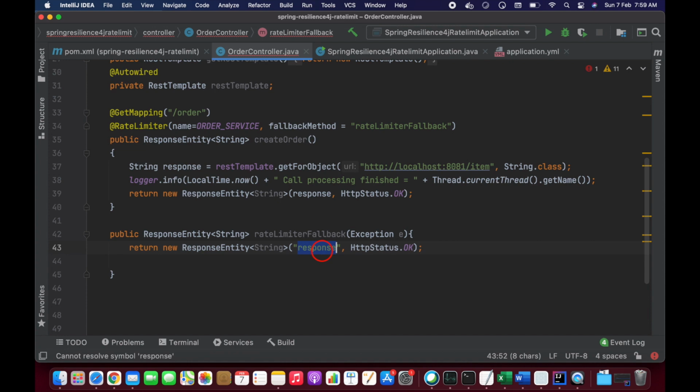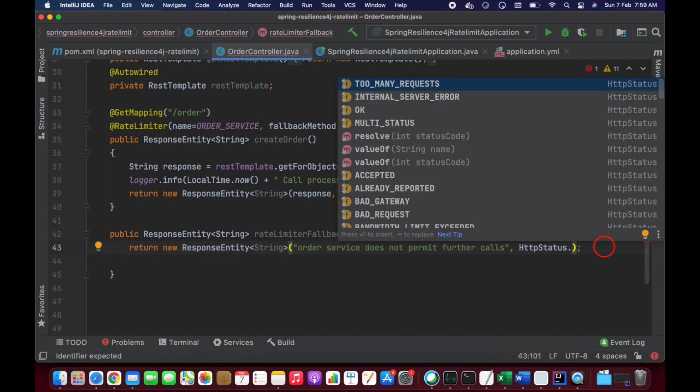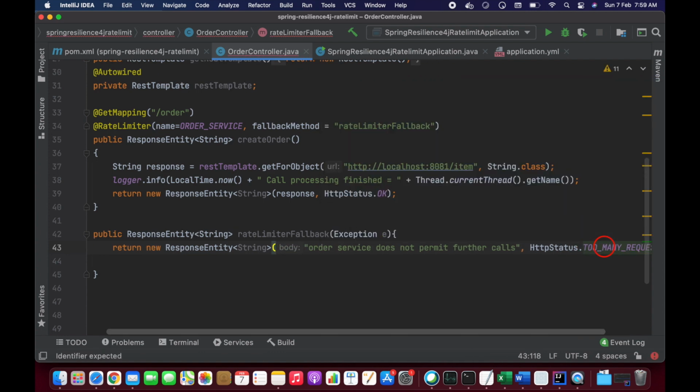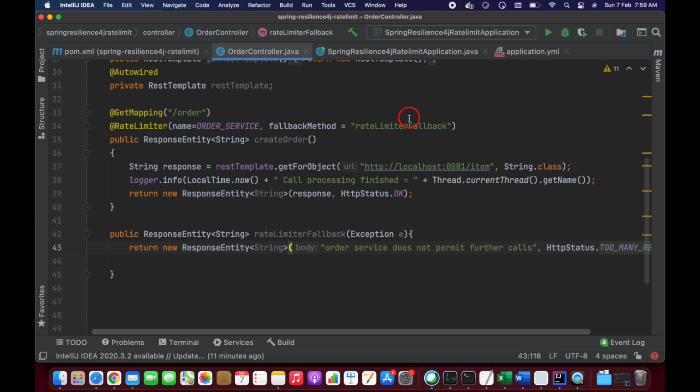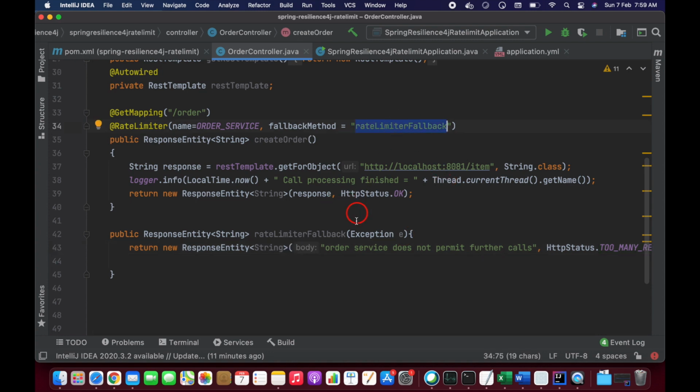So here I'm going to return "order service does not permit further calls." Okay, so here the HTTP status I'm going to take as TOO_MANY_REQUESTS. Okay, so this name should match this fallback method name.